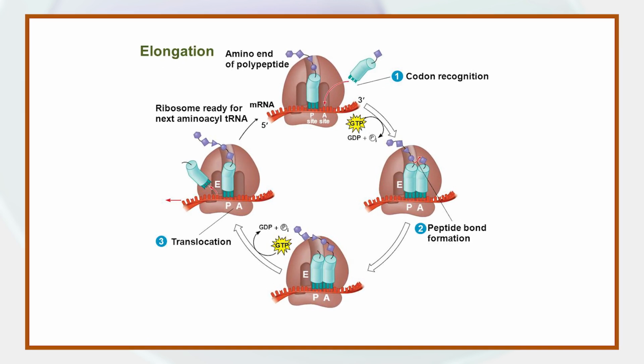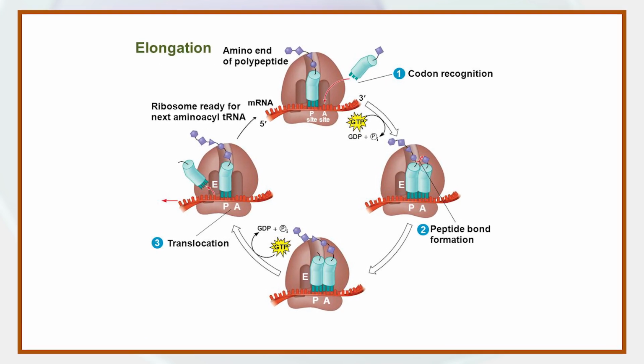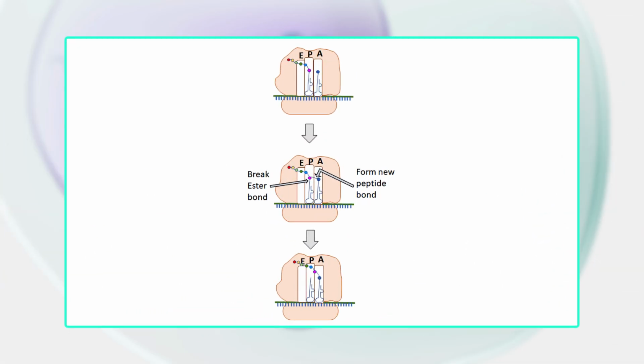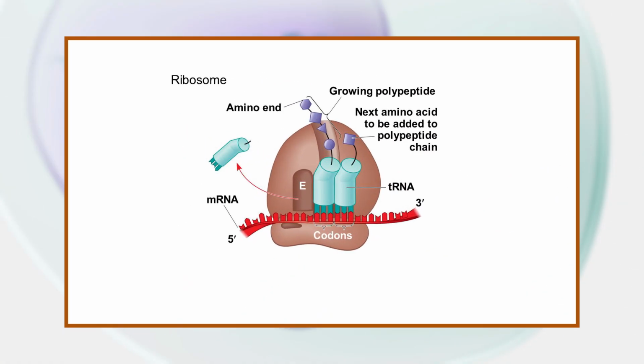When an aminoacyl tRNA initially binds to its corresponding codon on the mRNA, it is in the A site. Then a peptide bond is formed between the amino acid of the tRNA in the A site and the amino acid of the charged tRNA in the P/E site. The growing polypeptide chain is transferred to the tRNA in the A site. So translocation occurs, moving the tRNA in the P/E site, now without an amino acid.